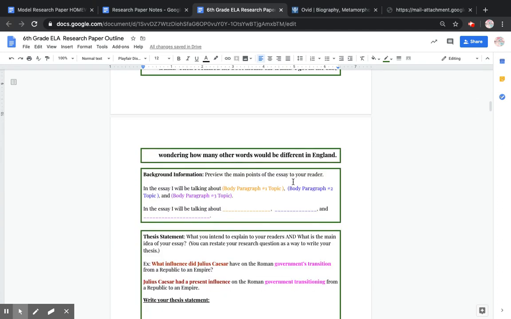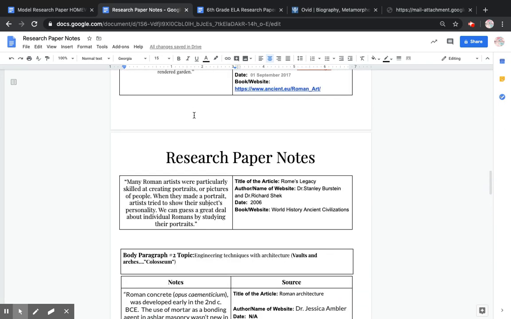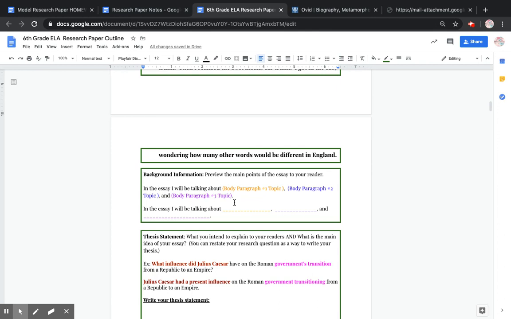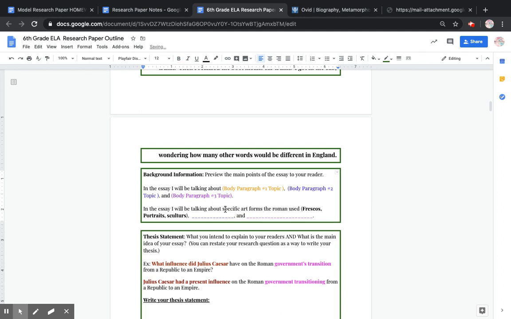So preview the main points of your essay to your reader. So you're going to write in this essay, we'll be talking about whatever's in paragraph 1, paragraph 2, and paragraph 3. So what I'm going to do is reference back to my research paper notes. So for my topic 1, I have specific art forms used. So I'm going to copy this and put this right in here. But then I'm also going to remember that I have to first lowercase this. So in this essay, I will be talking about specific art forms the Romans used, such as